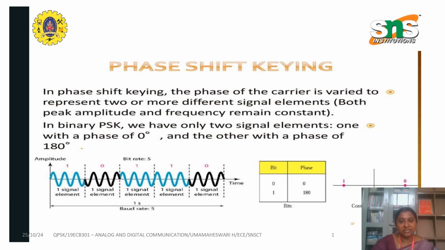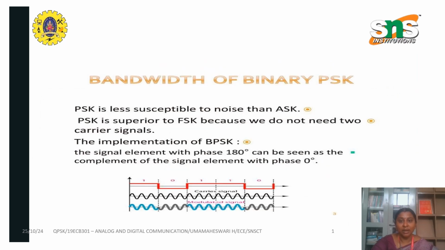In BPSK, we have only two signal elements, one with the phase of 0 degree and the other with the phase of 180 degree. Binary PSK is less susceptible to noise than ASK, and PSK is superior to FSK because we do not need two carrier signals. Here is the implementation of the BPSK, where if we give the signal as 1, it